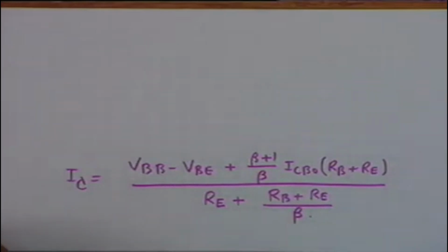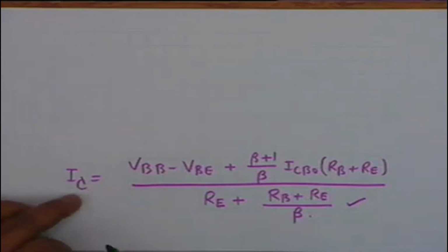In the denominator it is RE, there is no RC at all. This is correct: RE plus RB plus RE by beta. This is correct. Okay. Now, I want you to notice, I want you to qualitatively first understand how I sub C